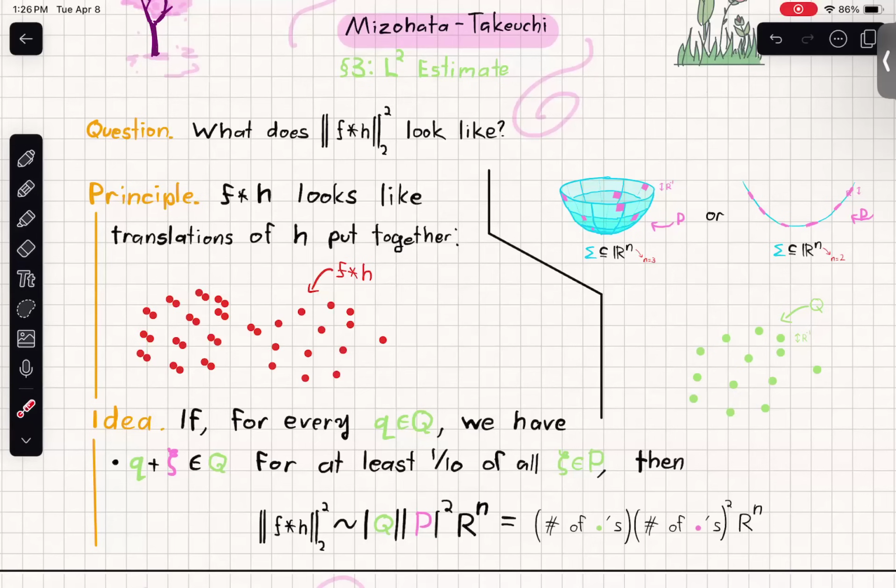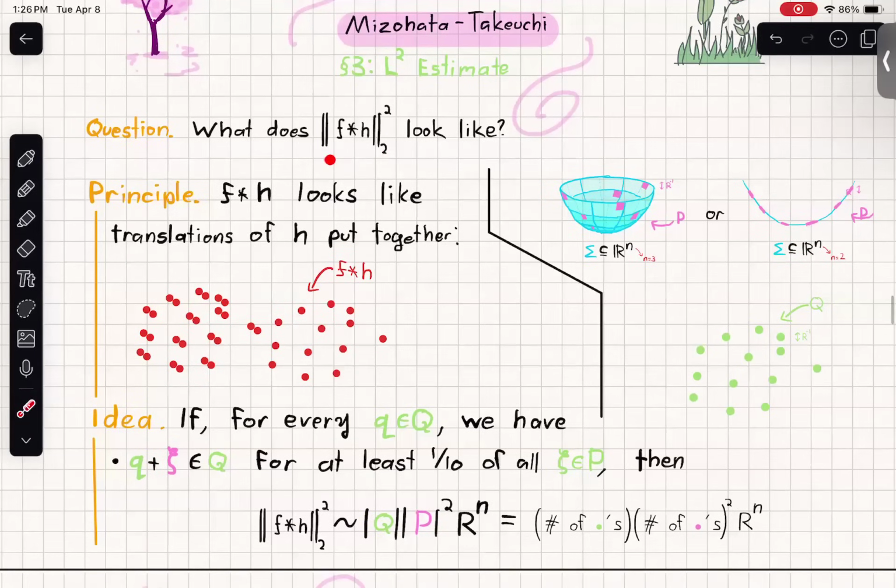Okay, and if you remember from before, we're finding a counterexample, we're trying to maximize this. So if we only have so many green points and so many pink points that we're going to translate it by, and we want this to have a very large L2 norm, well, we have a fixed amount of mass we're dealing with. There's only so much mass we have. And if we want to maximize the L2 norm, we want this mass to be